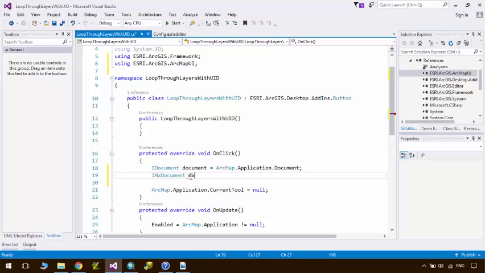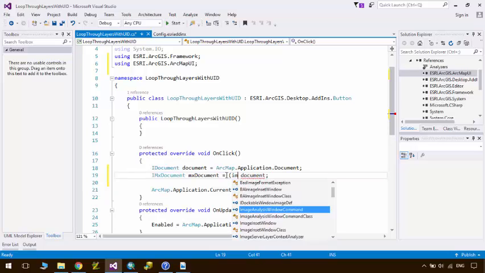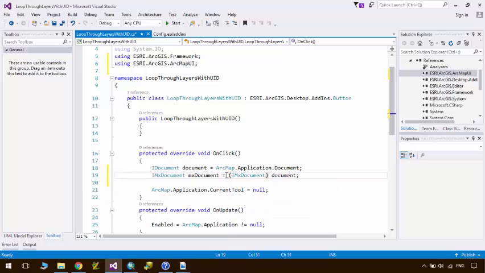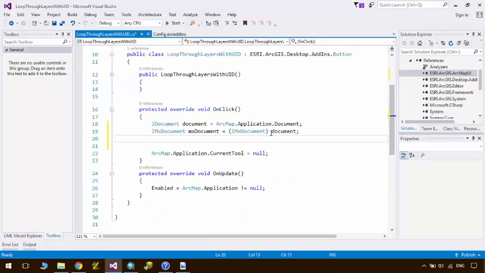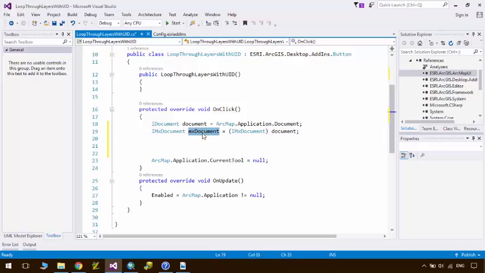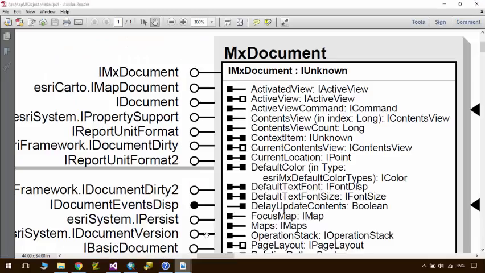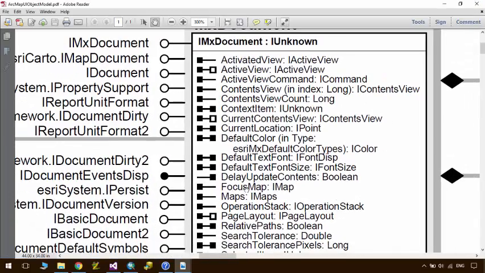Again, here is correct, MxDocument, and we need to pass IDocument to IMxDocument, and then assign to MxDocument. With MxDocument, which is a pointer to IMxDocument, we have access to focus map, which returns